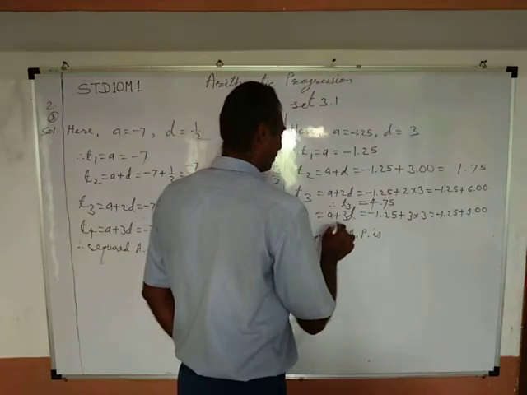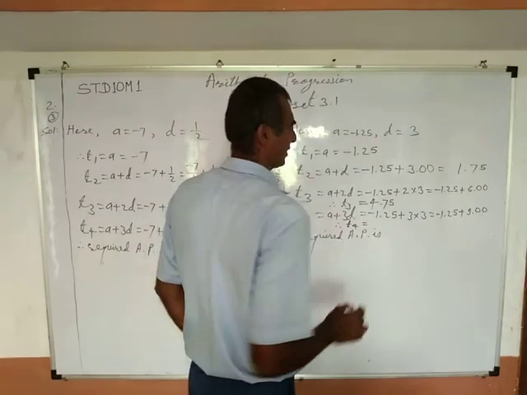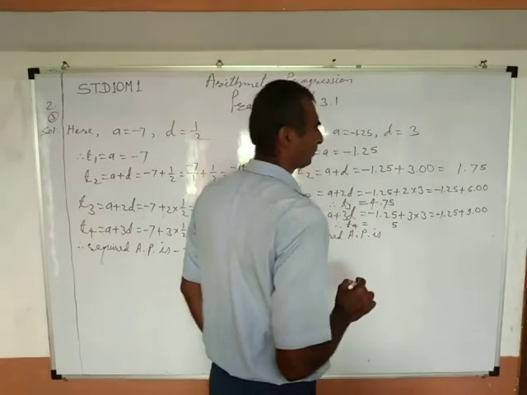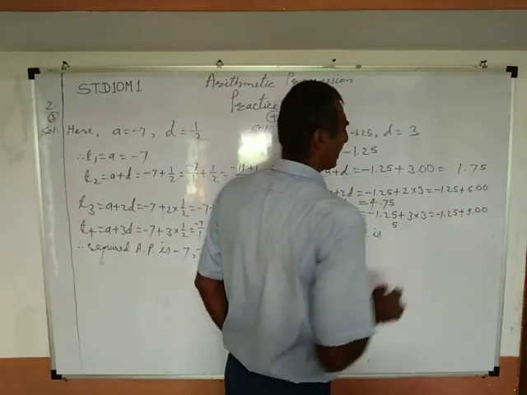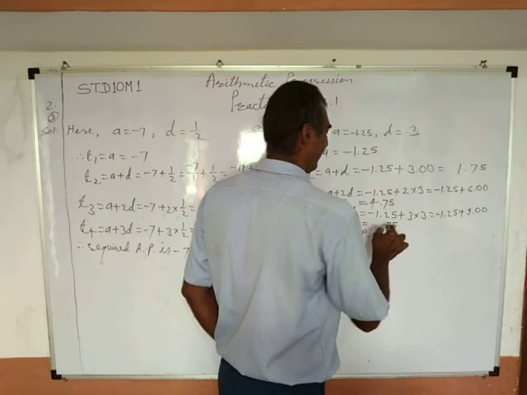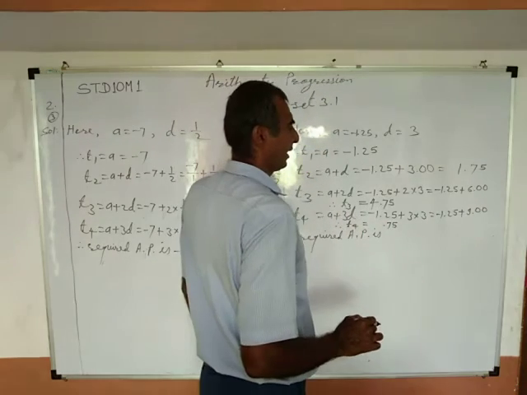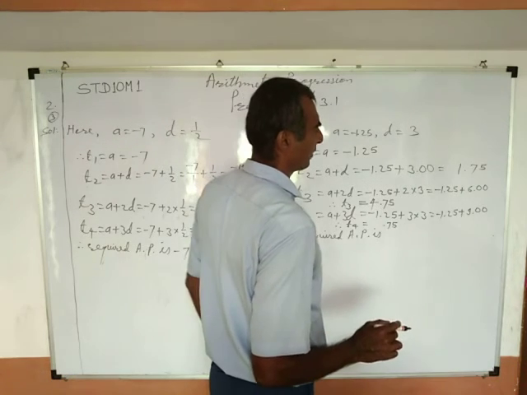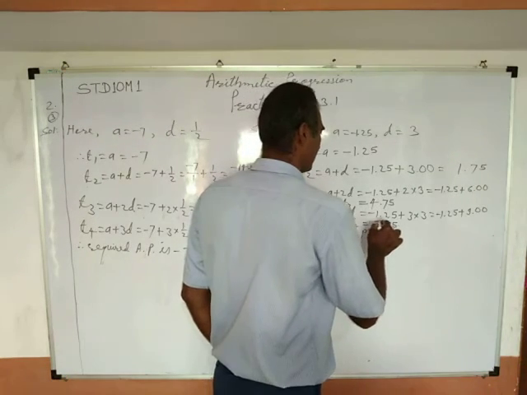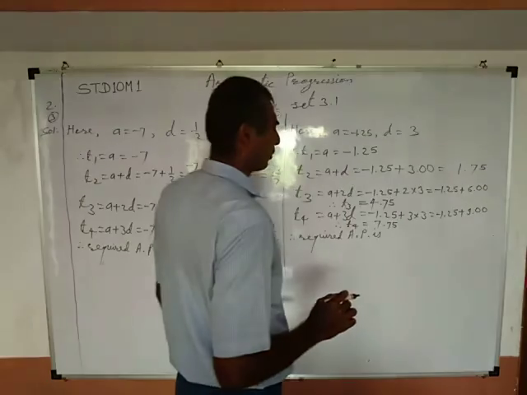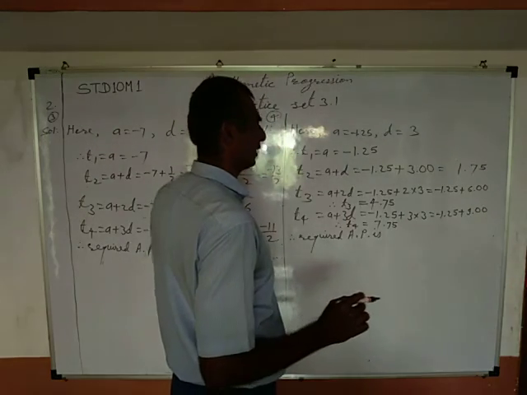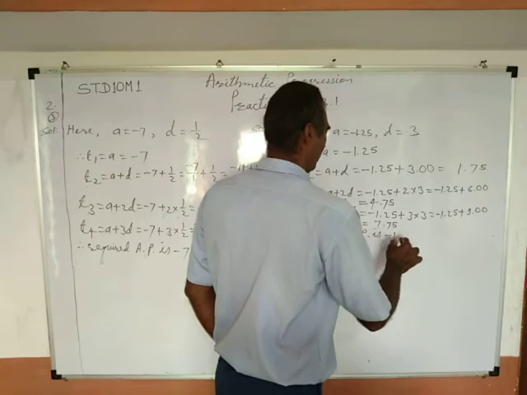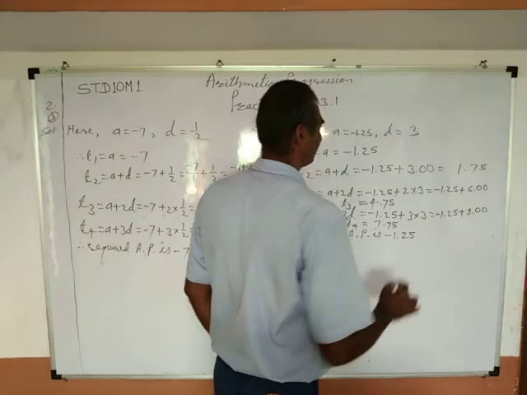Okay, and therefore T4 equals 10 minus 5 gives us 5, 9 minus 2 gives us 7, decimal below decimal, and 8 minus 1 gives us 7. 7.75. T4 is 7.75 and therefore the required AP is minus 1.25,